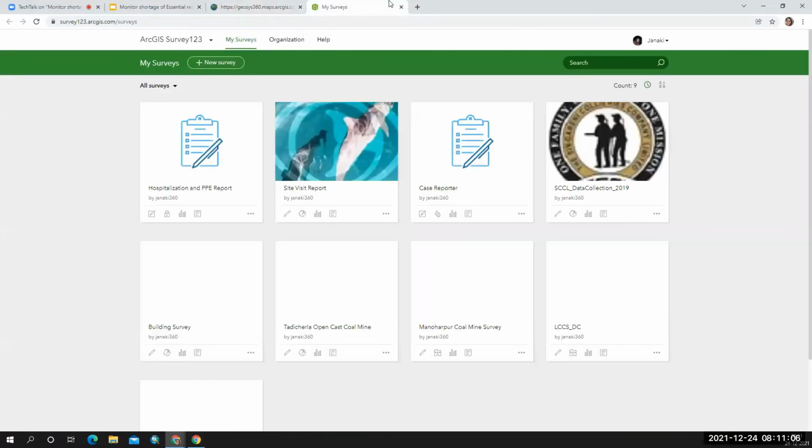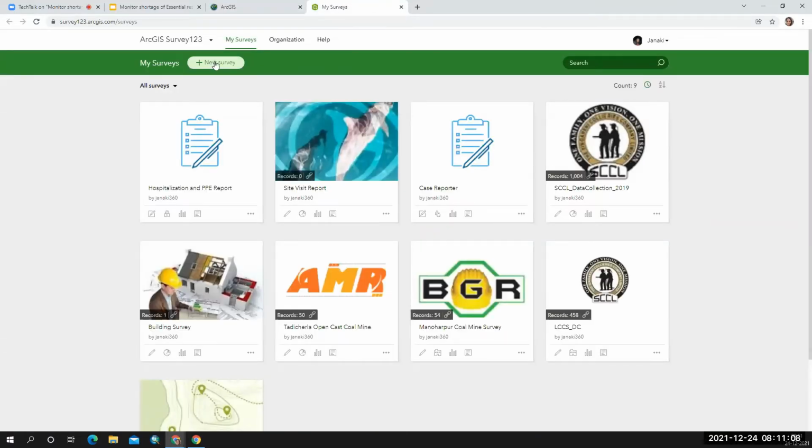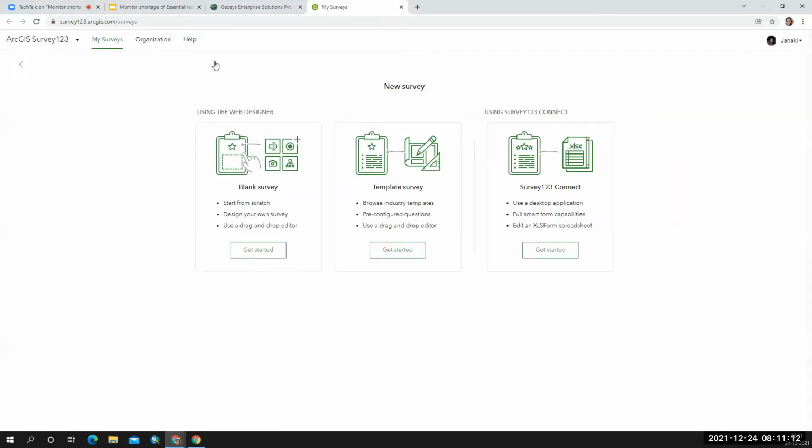Here I'm going to create a survey form to capture the inventory. Let me go here, and here we have templates, and we have blank surveys.